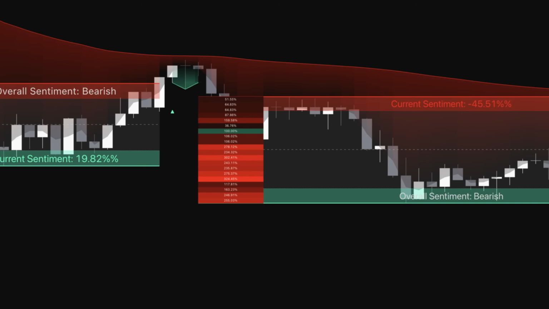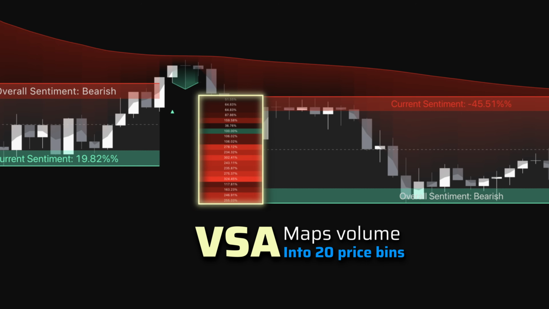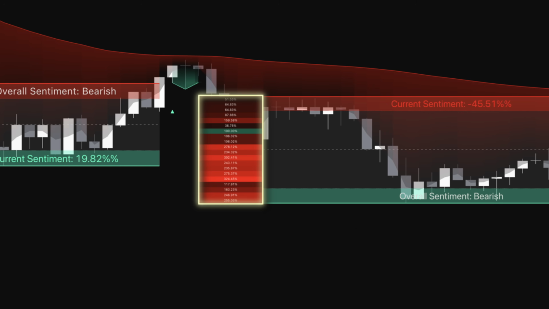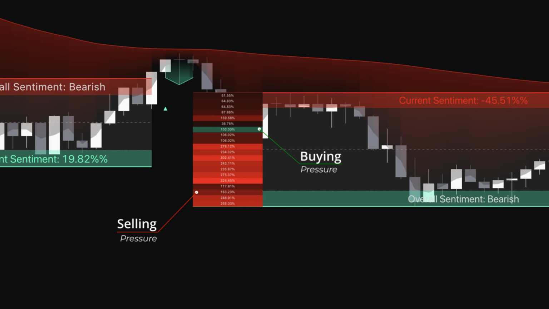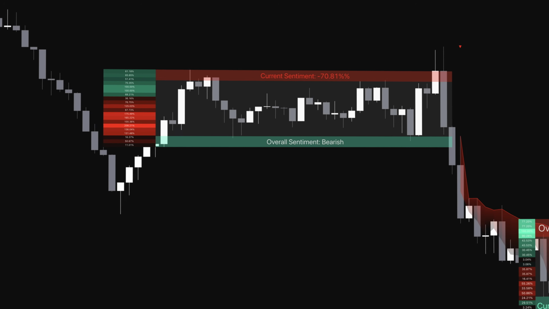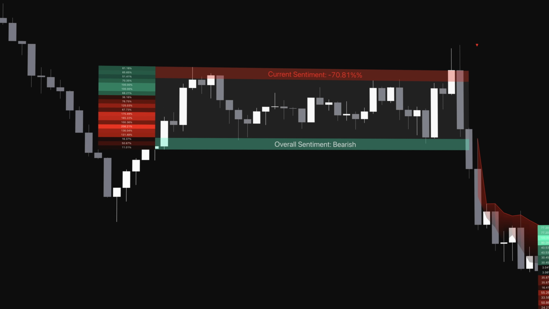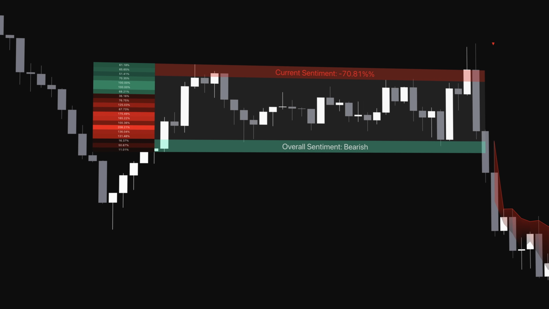Volume sentiment analysis divides each channel into granular horizontal bins, default 20 levels, calculating volume traded within each price level. For every bin, the system tracks both total volume and directional bias by weighting volume positively for bullish candles and negatively for bearish ones. This renders as a gradient histogram extending leftward from the channel's start, with colors intensifying based